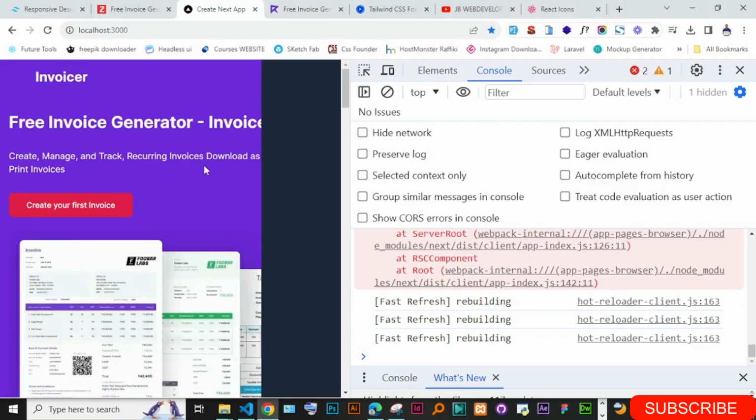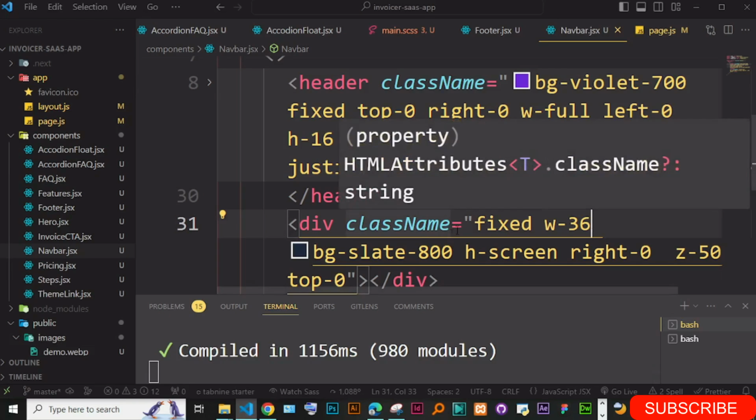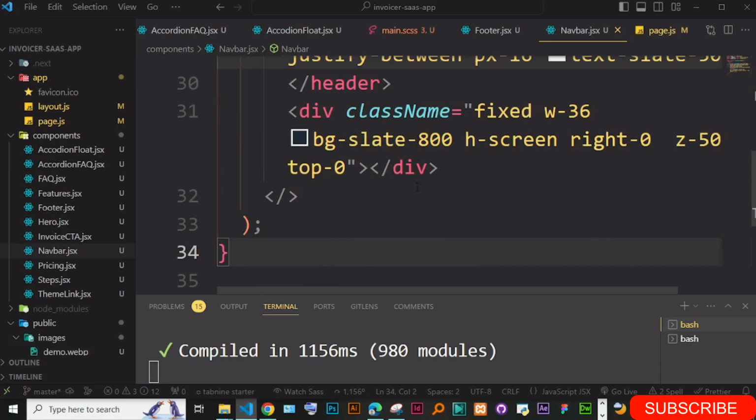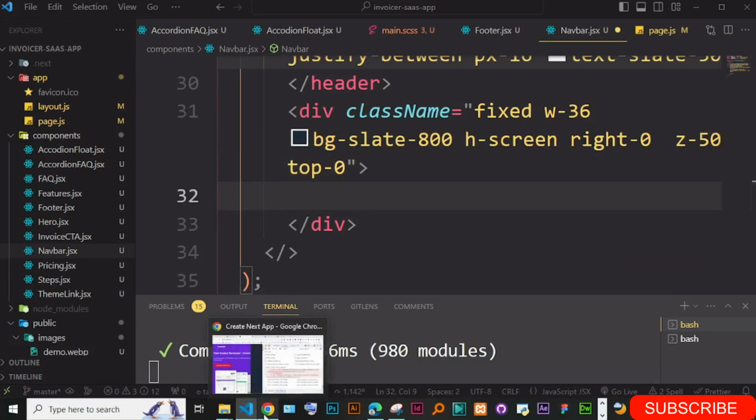Okay, so we can just pop up our menu here. And we can design this to have the links very well. Let's just try that. For instance, we can first put